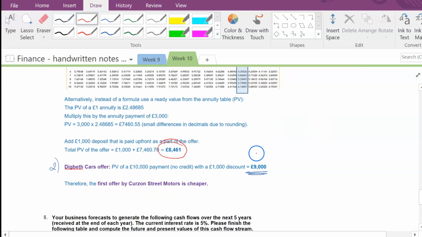This is the value. Or alternatively, we can pay 9,000 upfront. So it works out that the first offer is actually cheaper. It's cheaper to us to pay a higher amount, because of the high interest, because we can delay these payments, we can invest these £9,000 ourselves and we will generate higher returns. In today's terms, the first offer appears to be cheaper, which is not that obvious immediately,